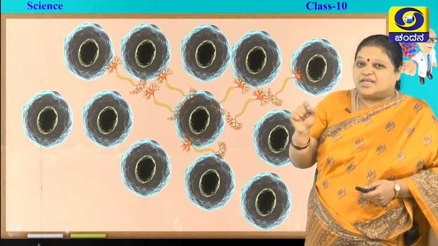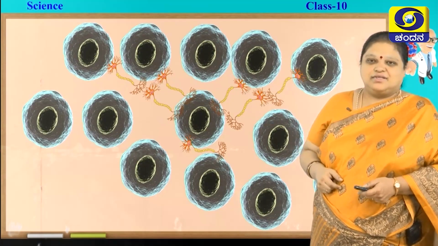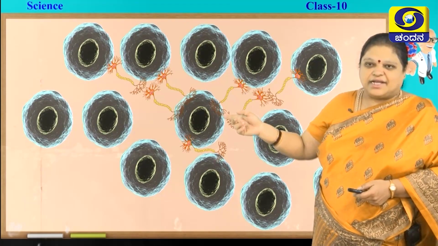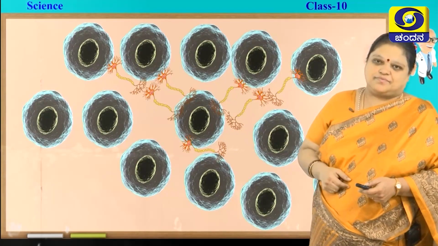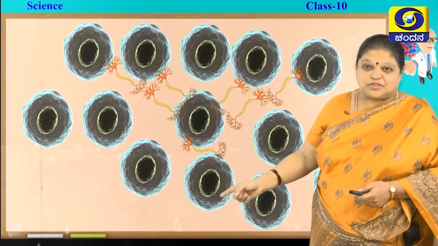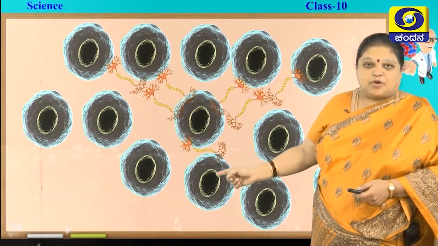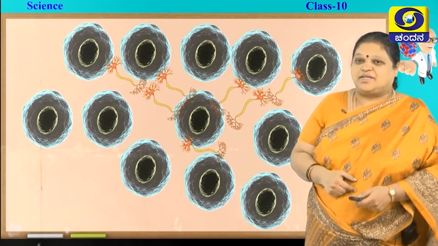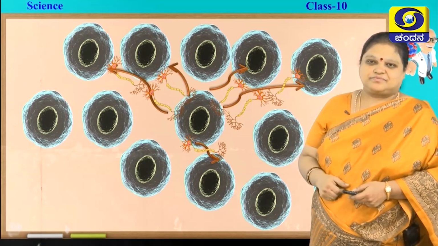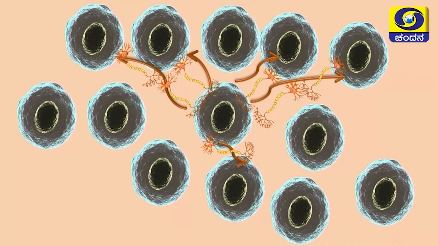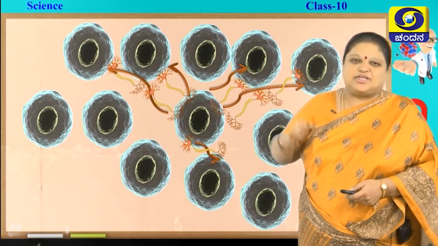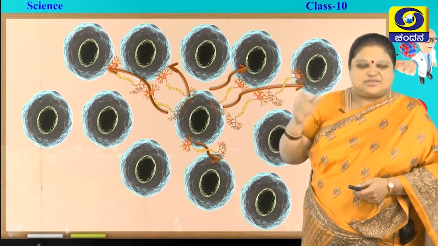connected by nerve cells or neurons. Just see, I have shown you the central cell, it is connected to a few neurons. Some cells are not connected to neurons. You can see the bottom ones, they are not connected to neurons. Then who will receive the impulse? See here. Did you see? You saw that only those which are connected to neurons will receive the impulses, whereas the other cells do not receive